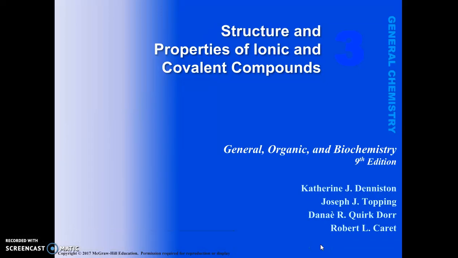All right, welcome to the first screencast for Unit 3, Structure and Properties of Ionic and Covalent Compounds. So in this unit, we're going to learn all about, obviously, ionic and covalent compounds, what they are, what their properties are, how to write formulas for them, how to name them. So we're going to do nomenclature. And we're also going to talk about their structures. So we're going to do a lot with not just Lewis dot diagrams, but Lewis structures,